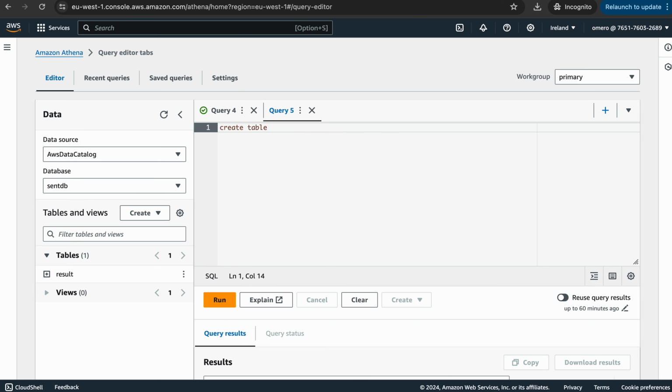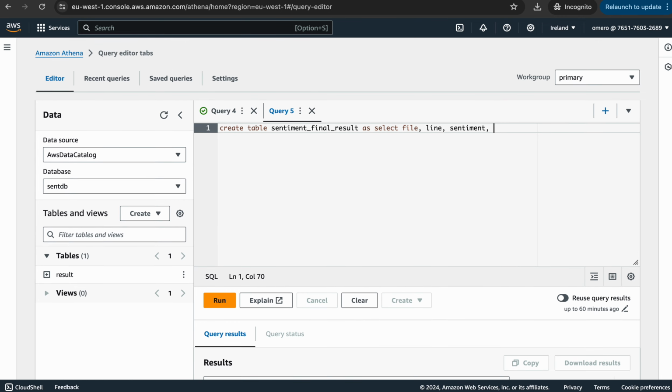All right, let me call that table name sentiment_final_result. Create table as, now let's pick the columns. Select file, line, sentiment. Now I need to create more columns. As you can see, we only have 4 columns: file, line, sentiment,